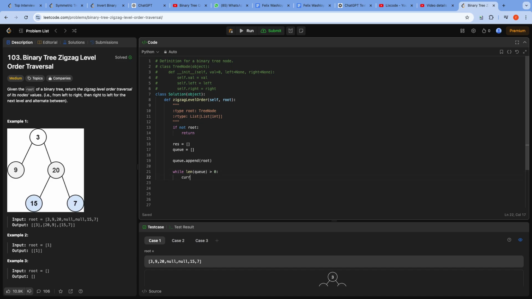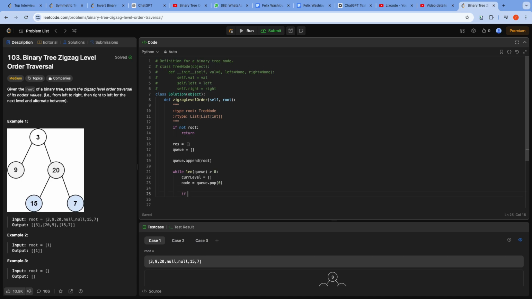We initialize the current level as an array. Then we can pop the first node, and then after that we can now